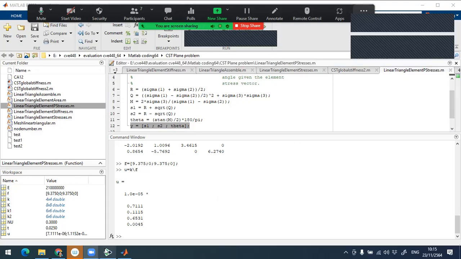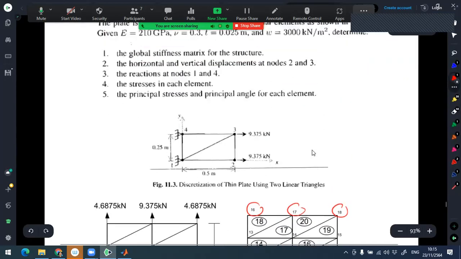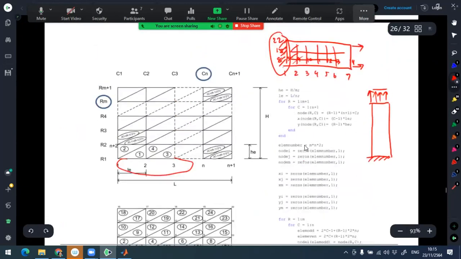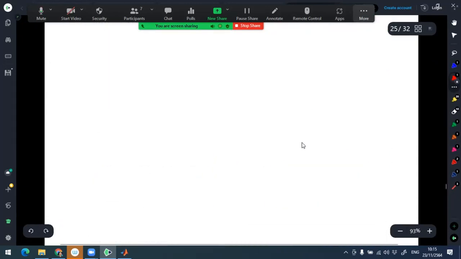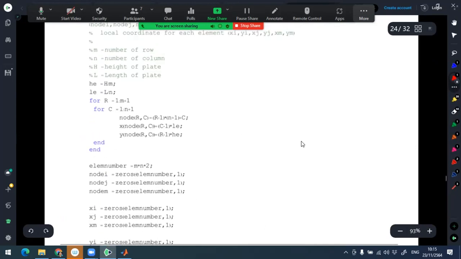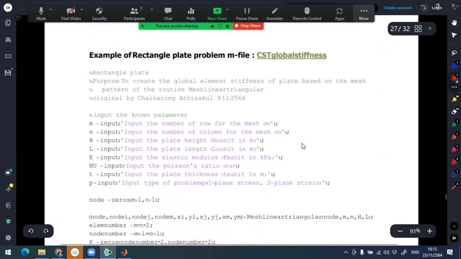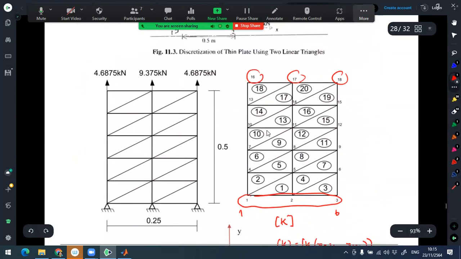Okay, let's take a look at this example again, but we will apply the M file that we developed. We developed the mesh routine, and also the example of the plate problem routine in order to determine the mesh like this, in this sequence. We will do this problem again, because we subdivide the